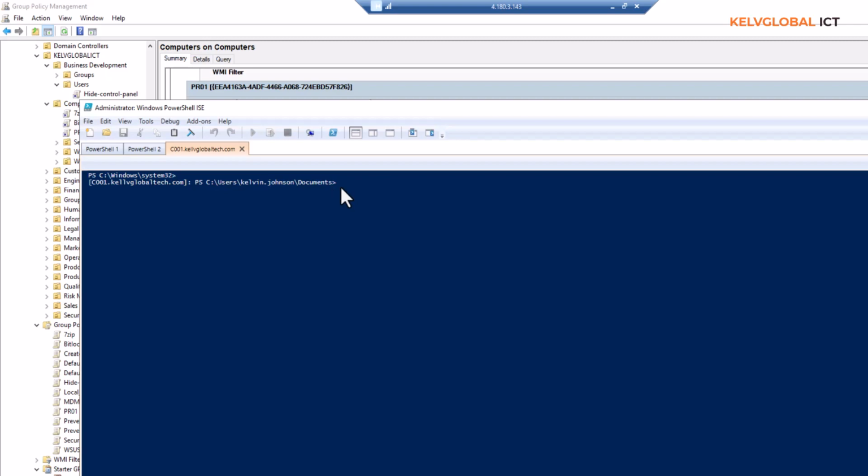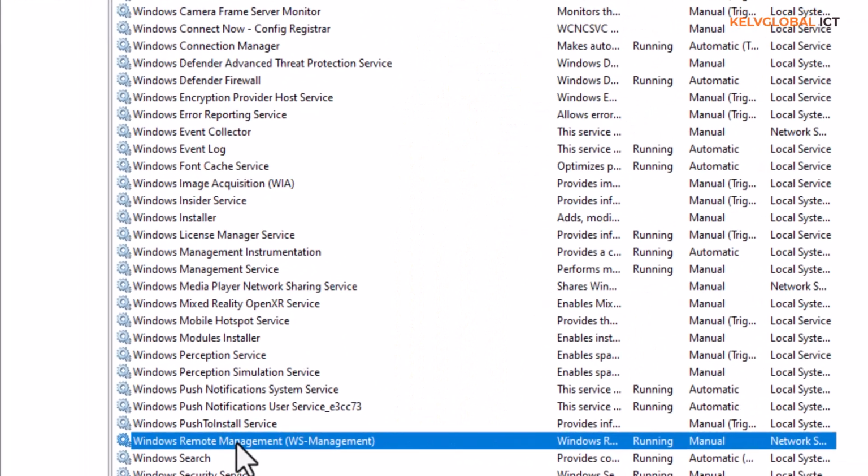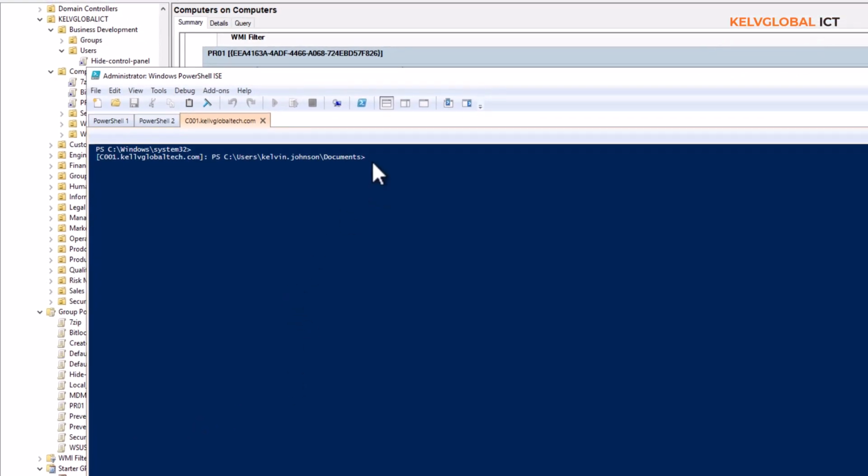But I want to tell you the following. What I did was behind the scenes, because if not, it would have taken some time. I needed to start the Windows Remote Management Service. If not, I will not be able to connect to that device using PowerShell. So if I go back again to my domain controller, I should be able to enter the following command: